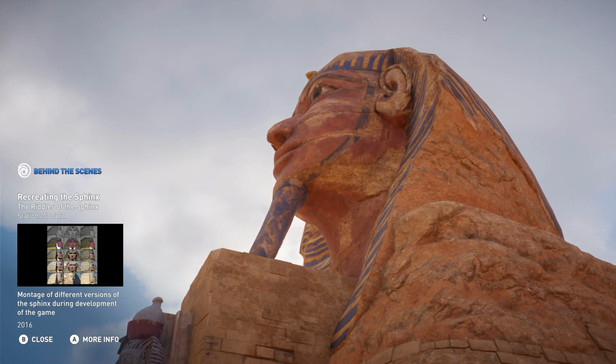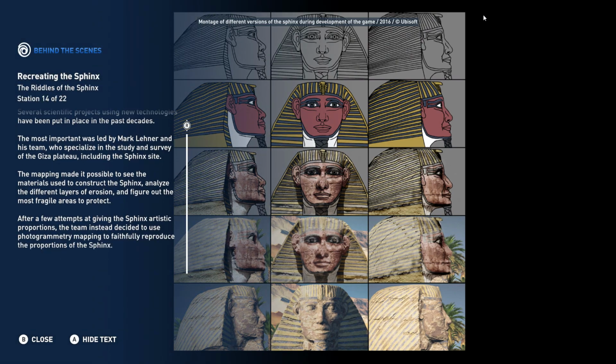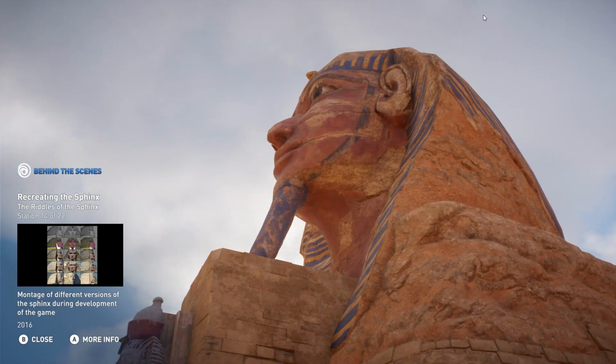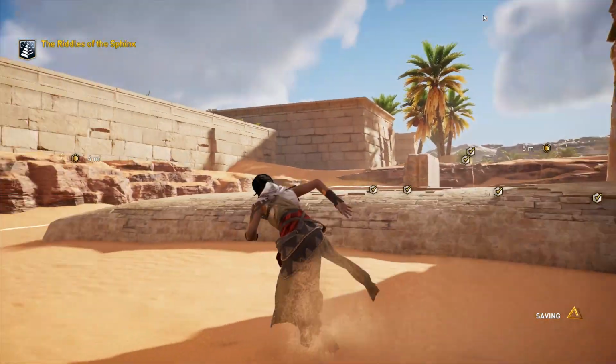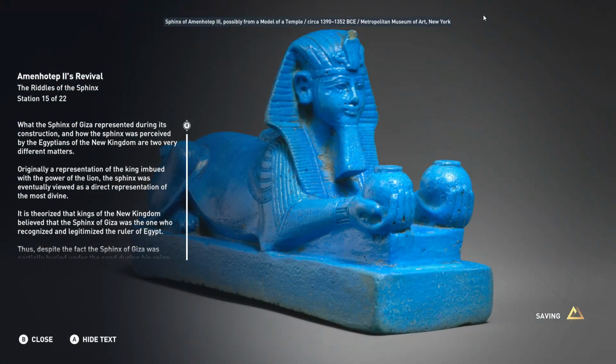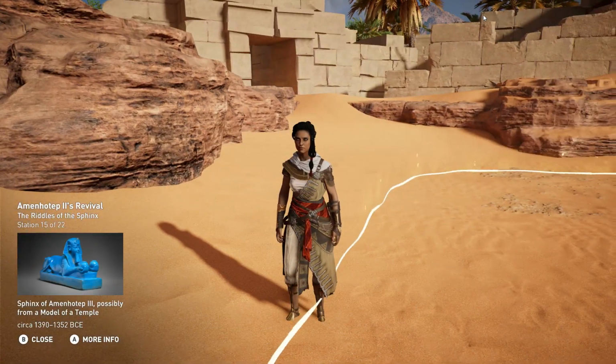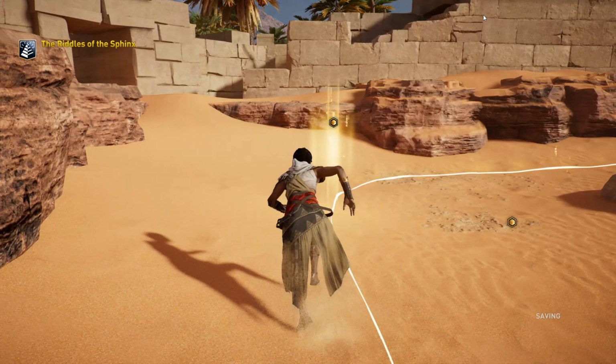Several scientific projects using new technologies have been put in place in the past decades. The most important was led by Mark Lehner and his team, who specialize in the study and survey of the Giza Plateau, including the Sphinx site. The mapping made it possible to understand what the Sphinx of Giza represented during its construction and how the Sphinx was perceived by the Egyptians of the